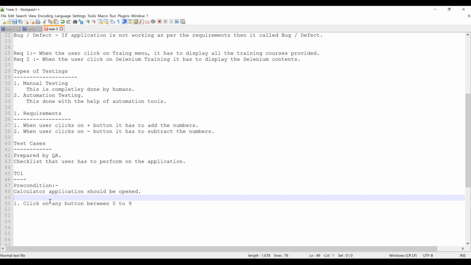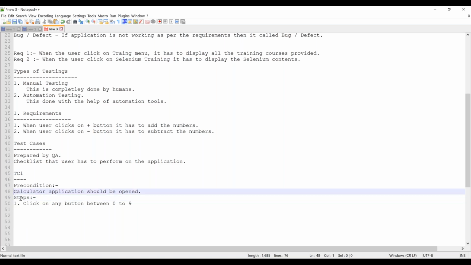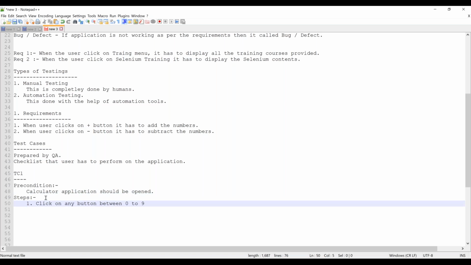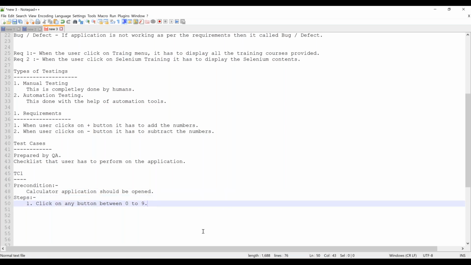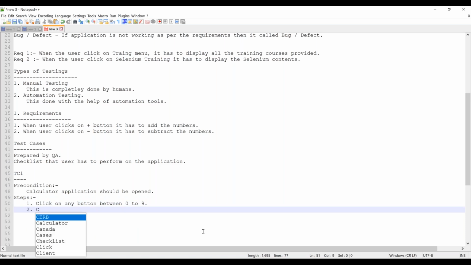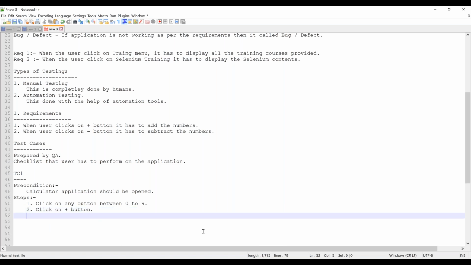Now what are these? These are called steps. Steps that I am asking the user to do. The user is nothing but even we. I am giving the steps to somebody, he is a user. Someone who is testing that application is a user. I'm telling the user: open this calculator first, second, click on any button between 0 to 9 and click on the plus button.